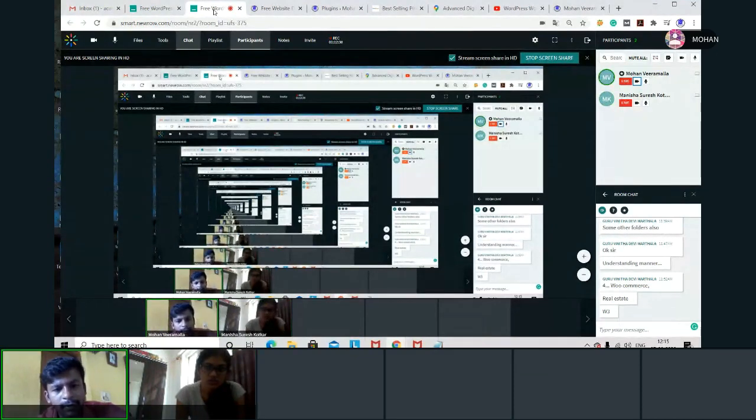Now today in the footer, we have seen three processes. Directly adding into widgets. Like in the appearance option, we have an option called widgets. There we added products. Now when it is not coming, what happened? We went to customize. In appearance, we went to customize. There we tried to change some settings. Now it is also not happened.